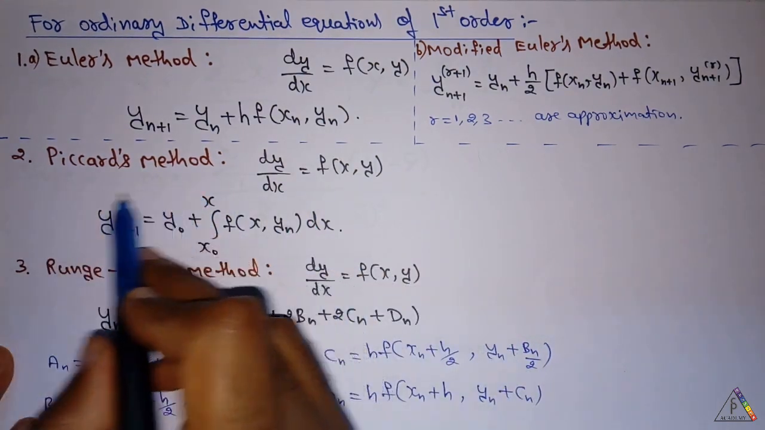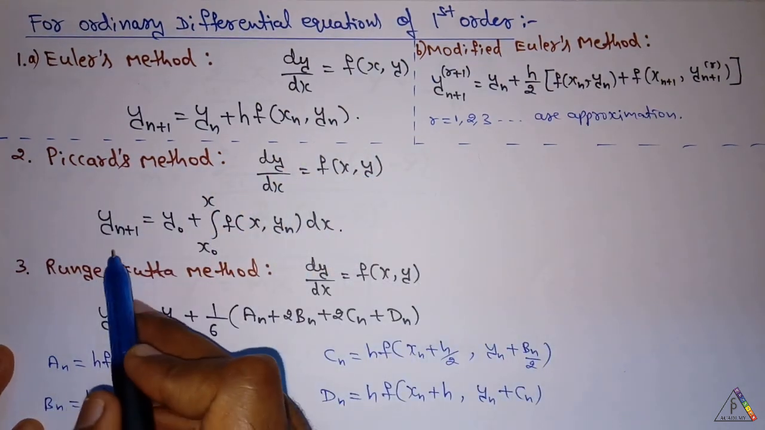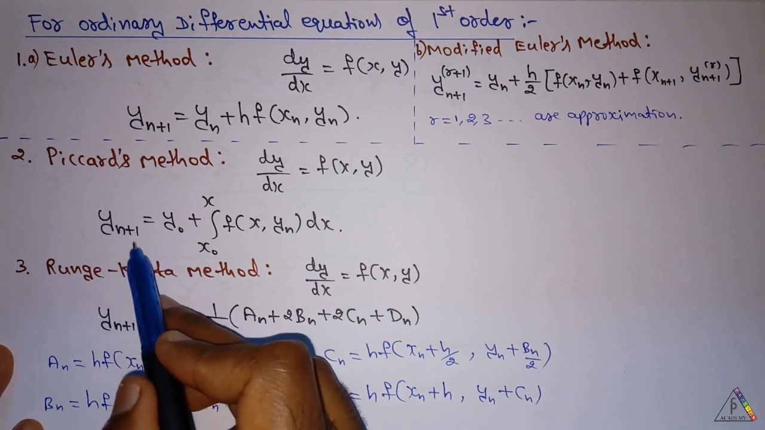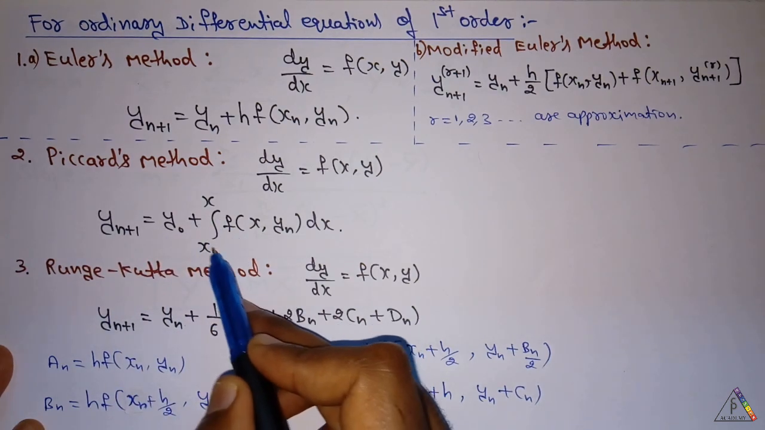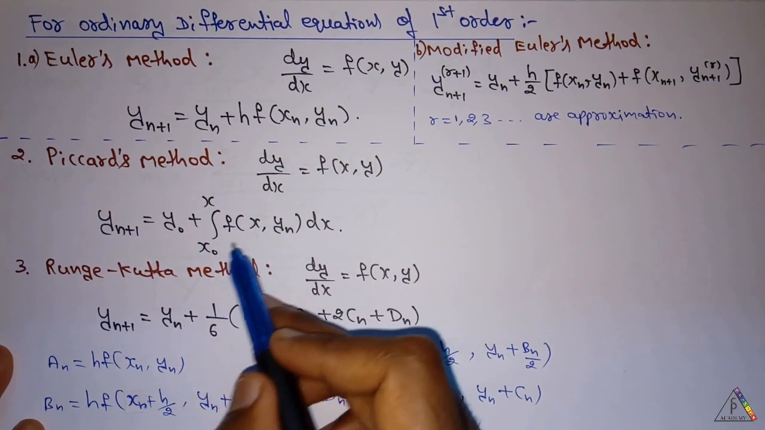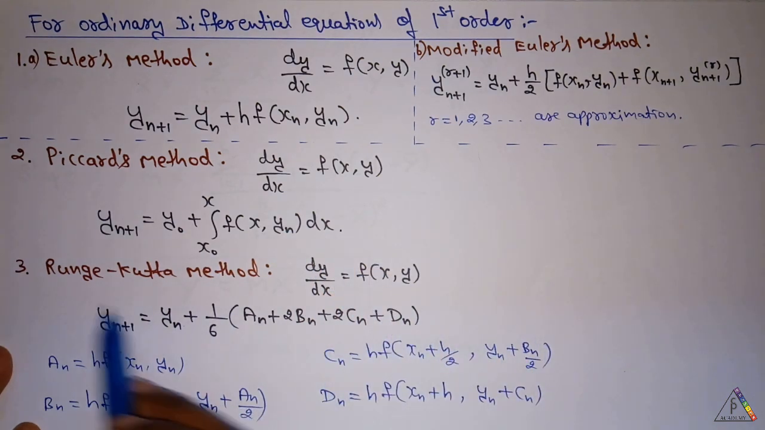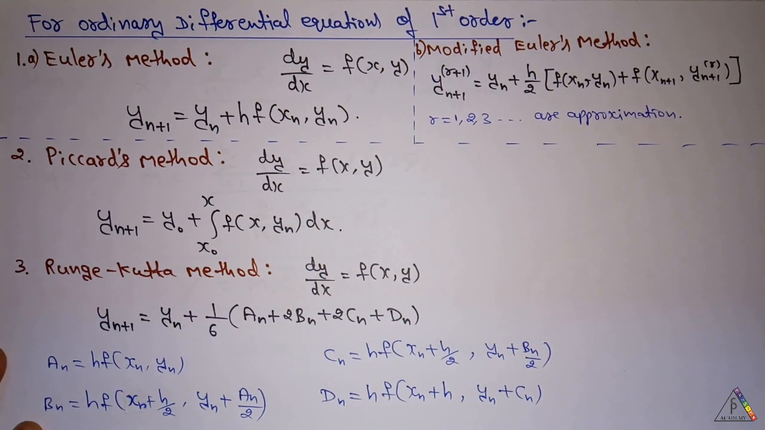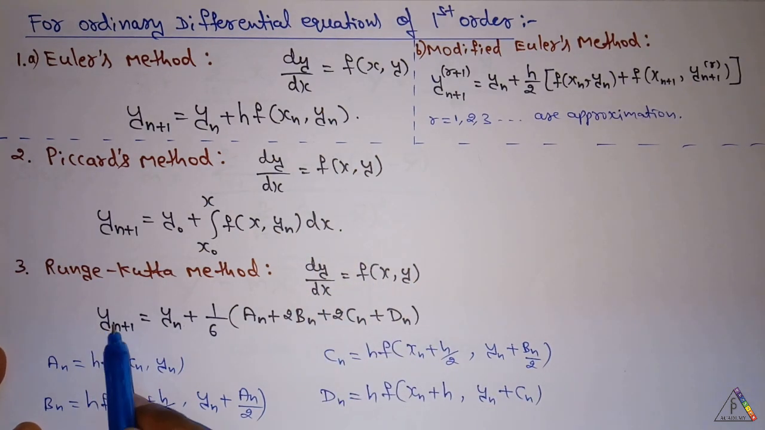Picard's method for the given differential equation is given by y(n+1) equals y0 plus the integral from x0 to x of f of x, yn into dx. And the next method is the Runge-Kutta method for the given differential equation, as